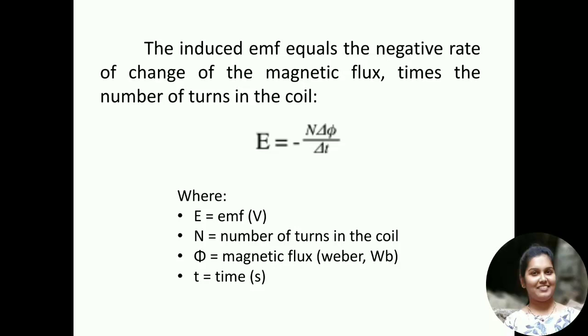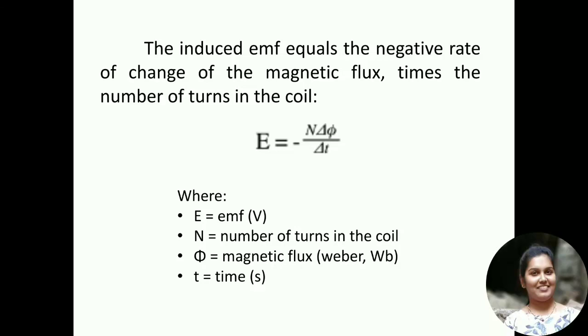The induced EMF will be equal to the negative rate of change of the magnetic flux times the number of turns in the coil. We have already discussed what is meant by magnetic flux in the previous video. Now the EMF induced expression will be given as E is equal to minus N delta phi by delta t. Delta here is indicating the rate of change, where E is nothing but EMF in volts,